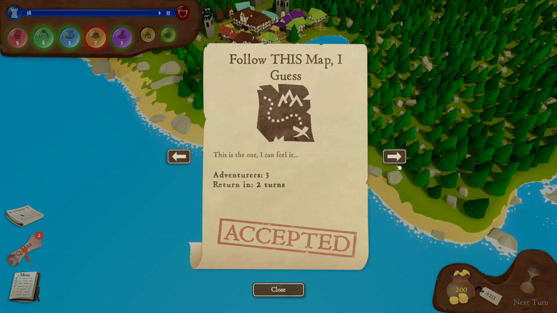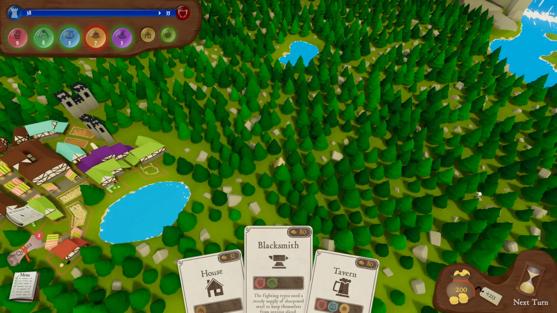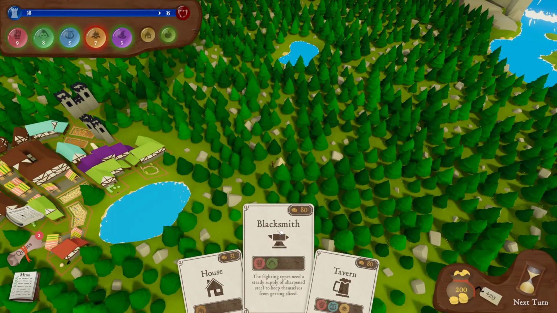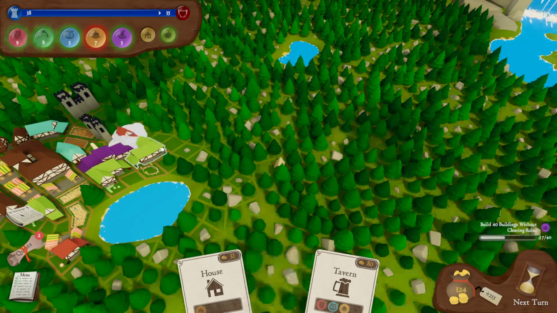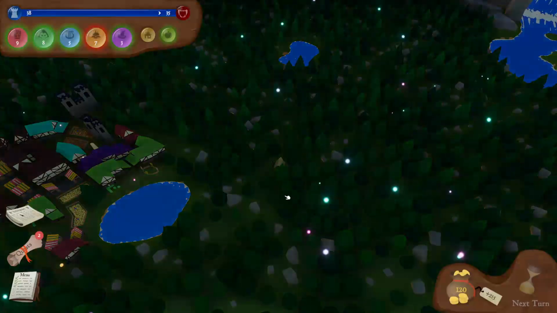Okay. Turn to the town. So we can't afford that. Uncover mimics. Let's look at our threats. So we've got +3. Let's skip past that because we need